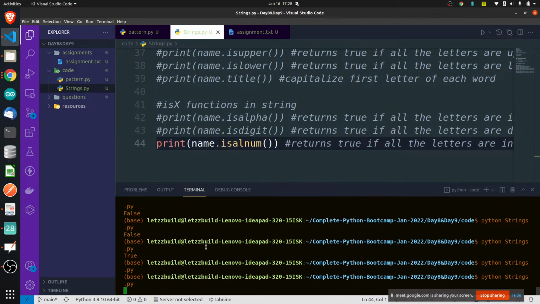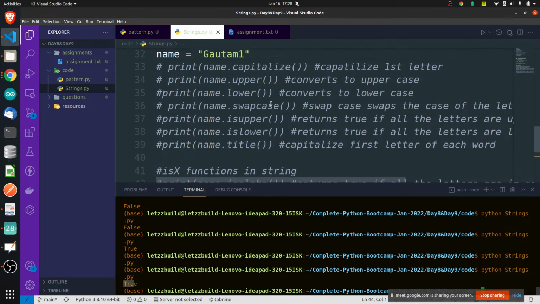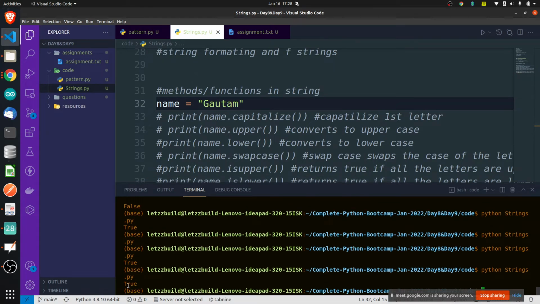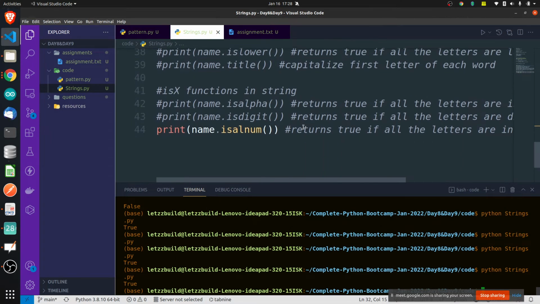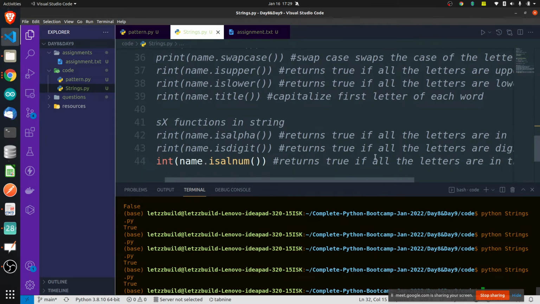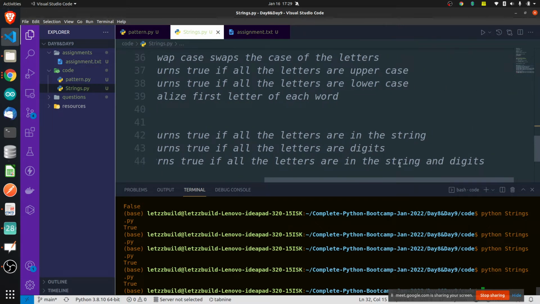It should return true. Why? Because it is a combination of both alphabets and digits. Only if it is alphabets it should return false. Okay, returns true.